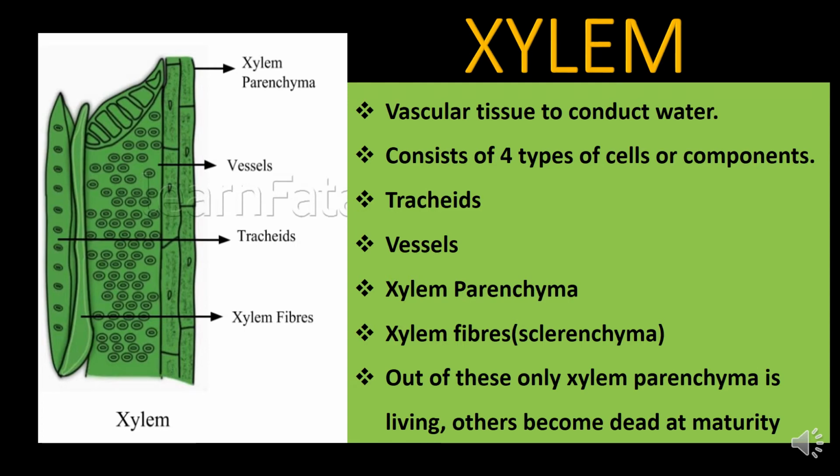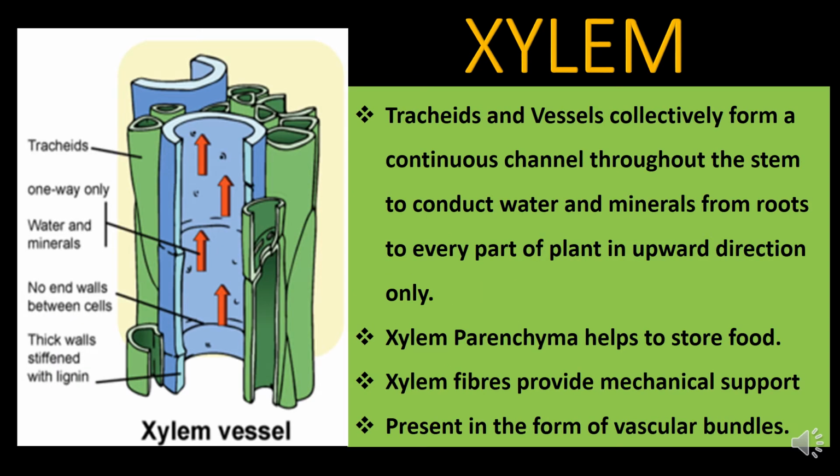Out of these four types of components, only xylem parenchyma is living. The other three components become dead at maturity. Tracheids and vessels collectively form a continuous channel throughout the stem. As you can see here in the diagram, all these tracheids and vessels are connected. All these cells are connected to each other to form a long column